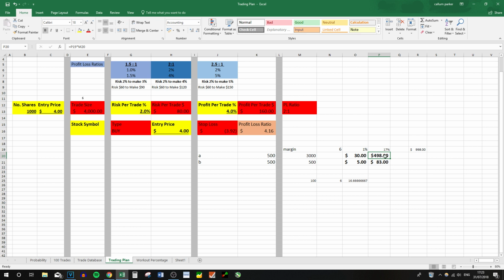So you can see the comparison here. A 17% increase in value in the stock doubles your account, whereas without the margin your account would only go up by $83, but it could have gone up by $498,